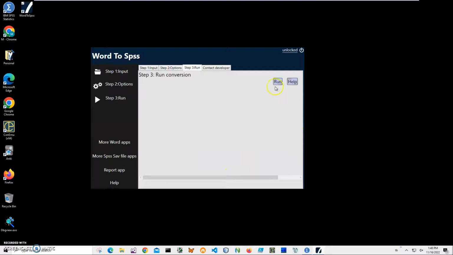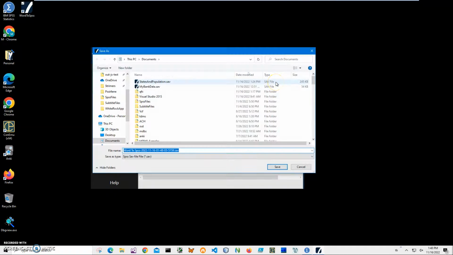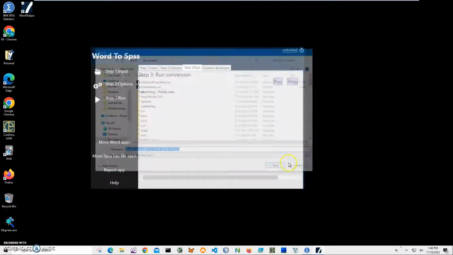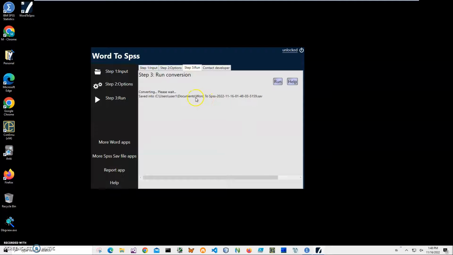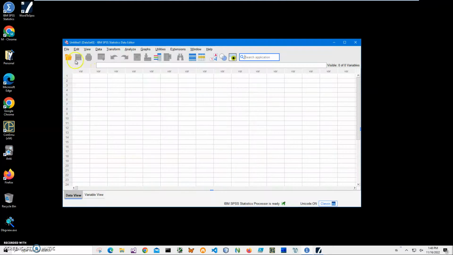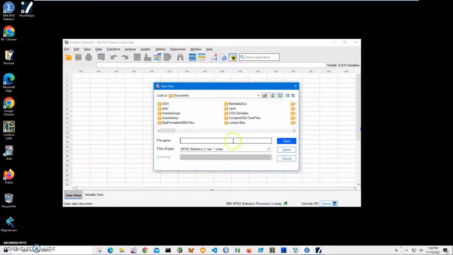Click on next step, and on the final step I'll click run to create the state and population save file for Statistics, and it's asking me for name and location. This name and location is okay. Just click save, and you can see we saved the Word to SPSS file. Let's go and open it in Statistics. Click on open data,